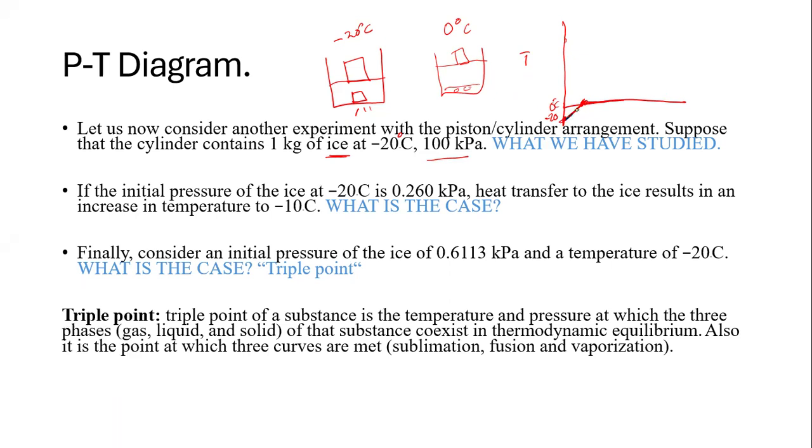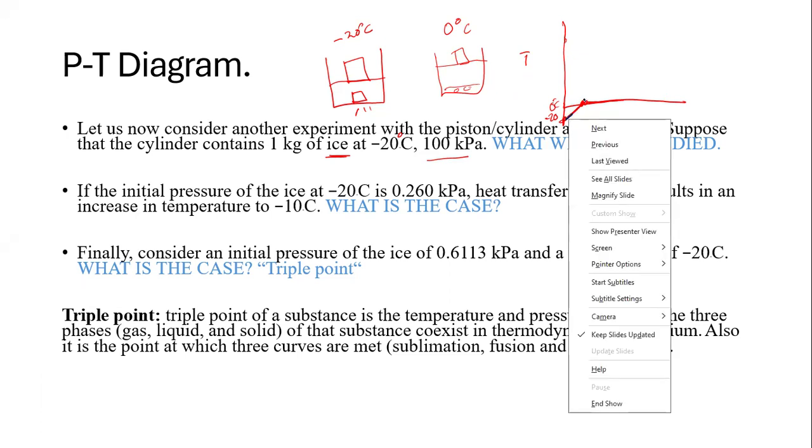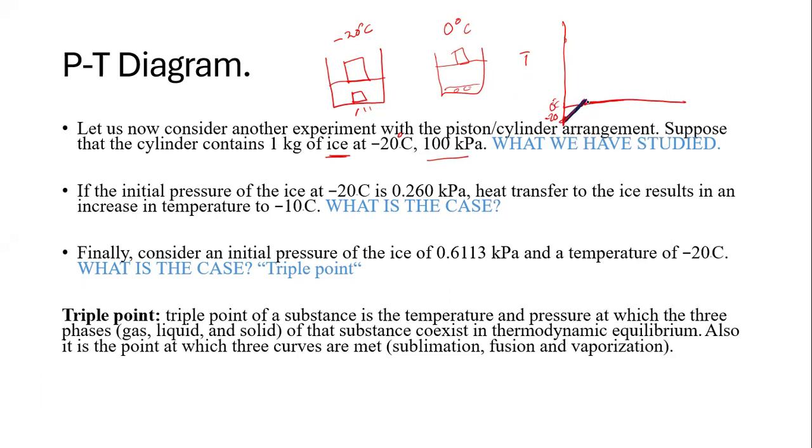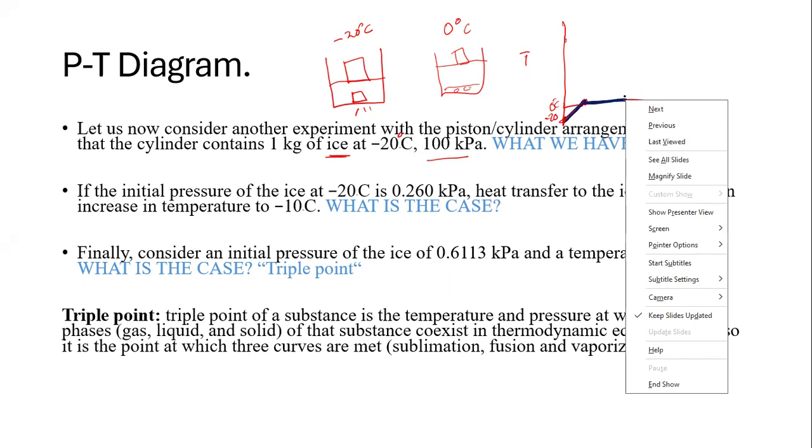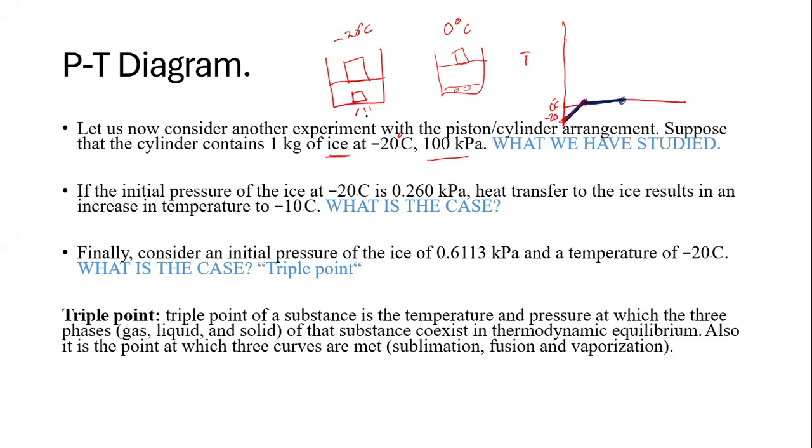Remember, our graph starts from there to there, right? Our graph starts from there to there. What's happening with my pen? And then here we're going to have the melting process, right? And therefore, if we further heat our system in the cylinder, maybe the temperature from 0 degrees to 99.62 degrees Celsius, now